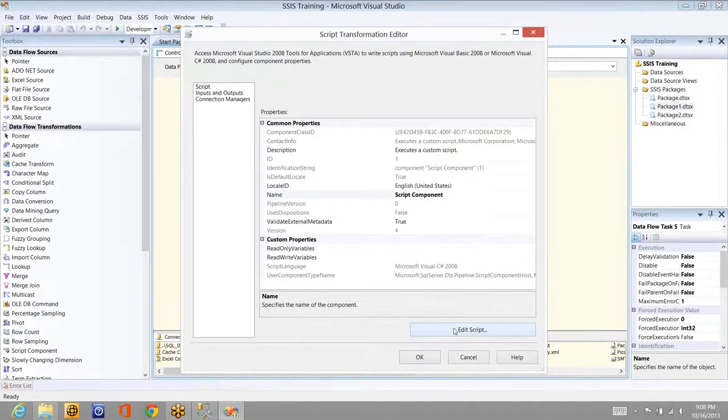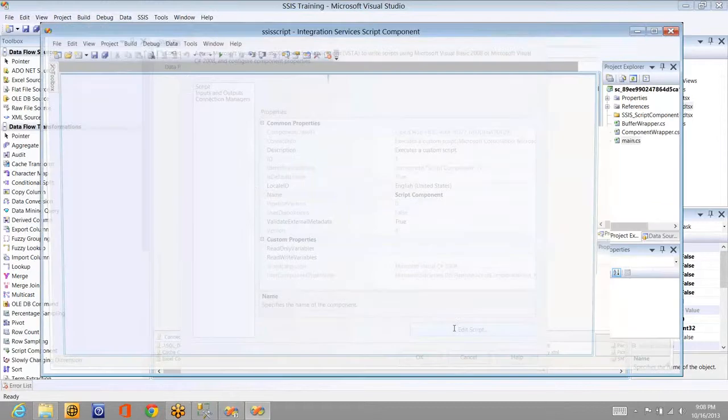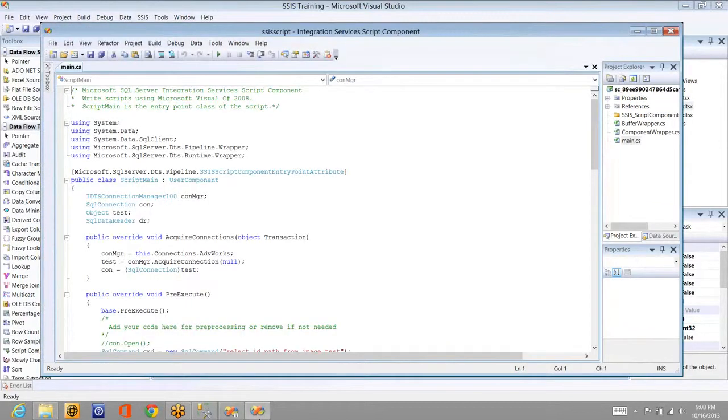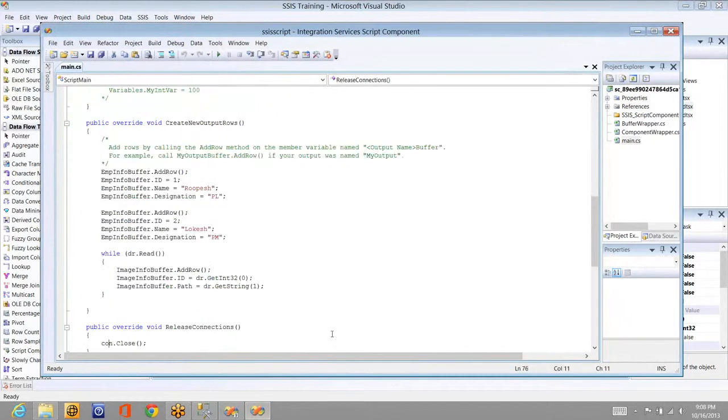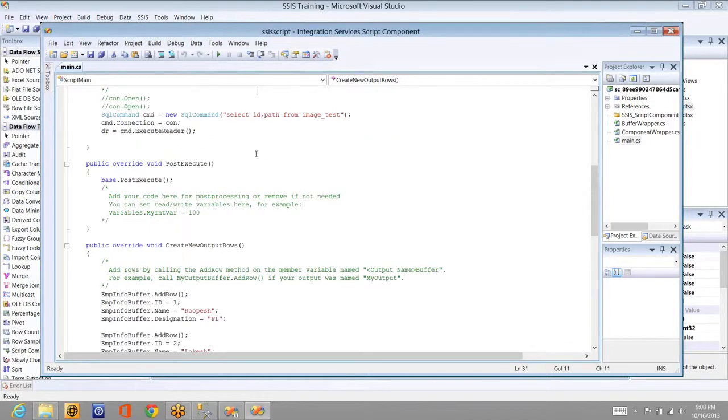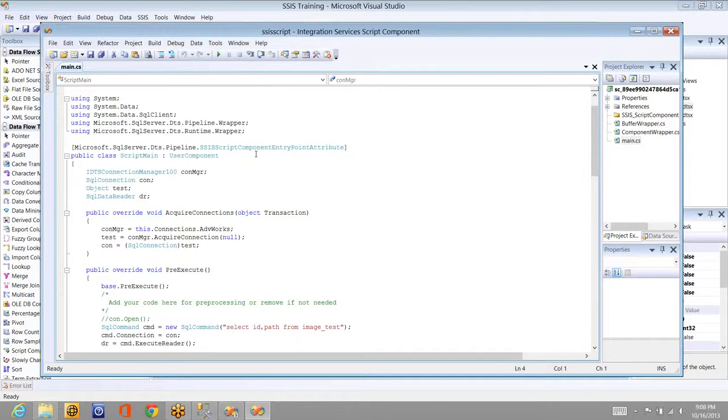Now this is the third output I'm going to give. That means I'm showing you that we can go for n number of outputs and different data. I mean, you can get the data in different ways for different outputs. The first output, if you see, I have hard coded by using add row and so on. And the second one, I'm looping through a data reader and then adding the information. And the third one, what I'm going to do here is use the data from the text file we have created with all the image paths in it.